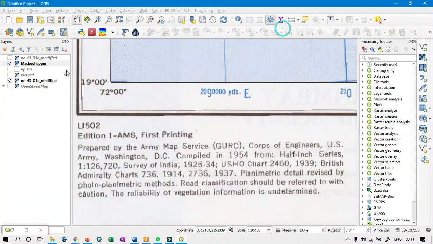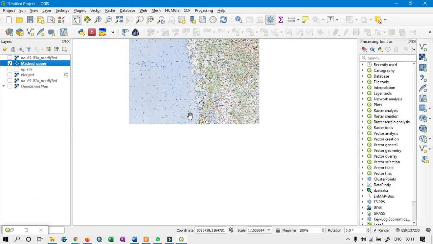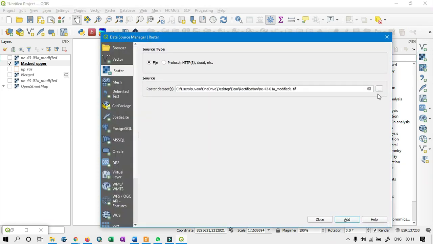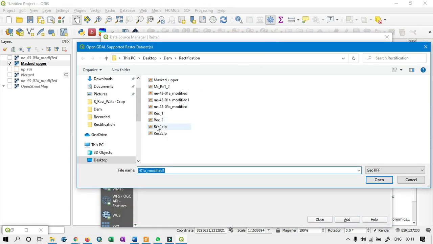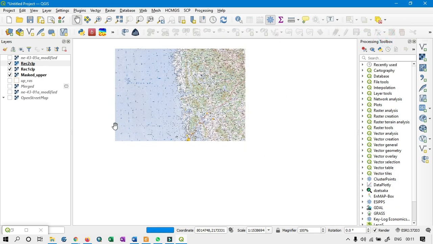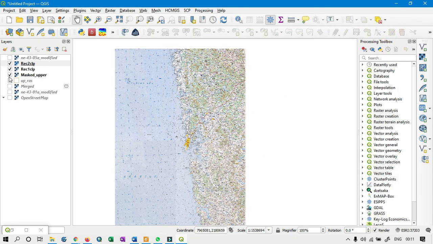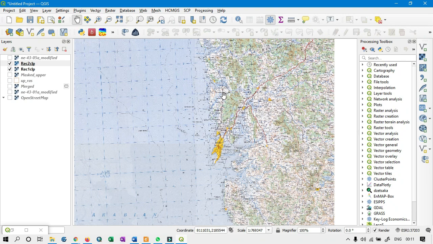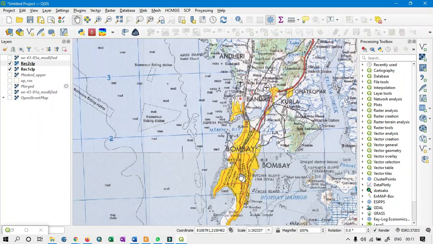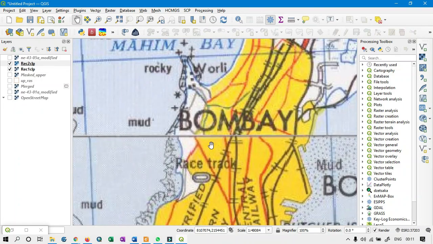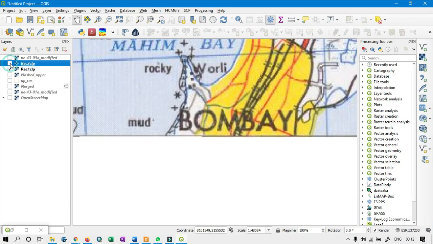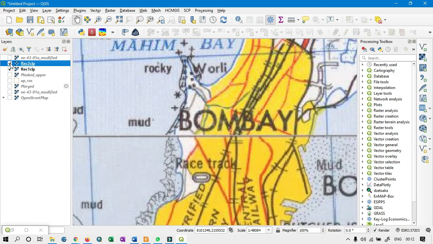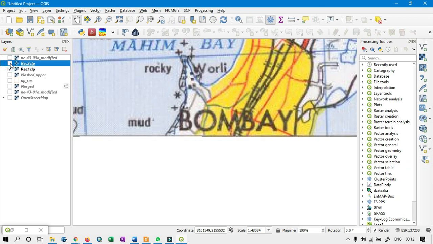Okay, so in the same way, I can create the second image also. So these are my two images here. These are the two images after eliminating the outer boundary. Now you will see the joining point between these two maps. If you click here, this is the end of the first map and this is the starting of the second map.